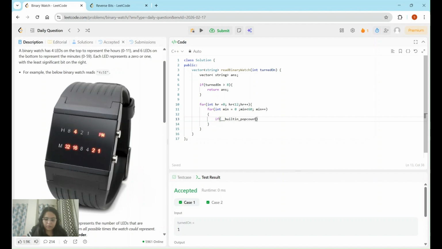So taking the value of this r plus, we can add the built-in pop count. The minute value should be equivalent to the turn on. So basically what this function is doing, built-in pop count, it is calculating the total number of ones in